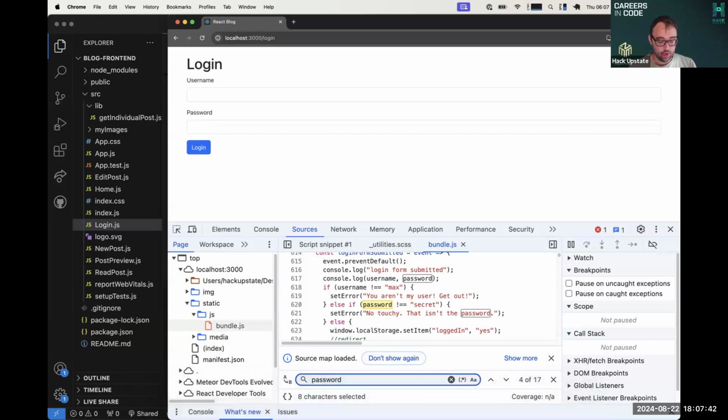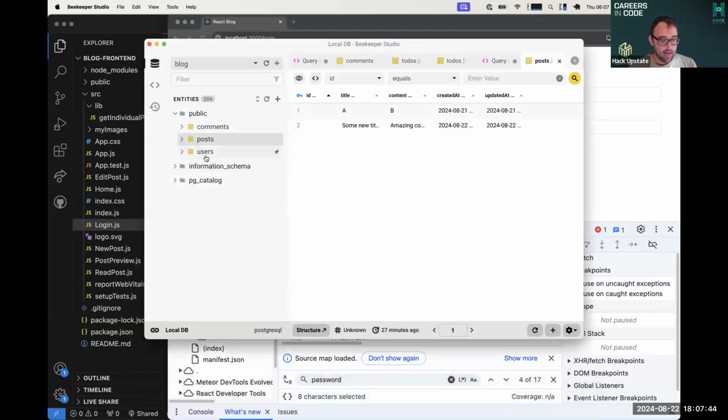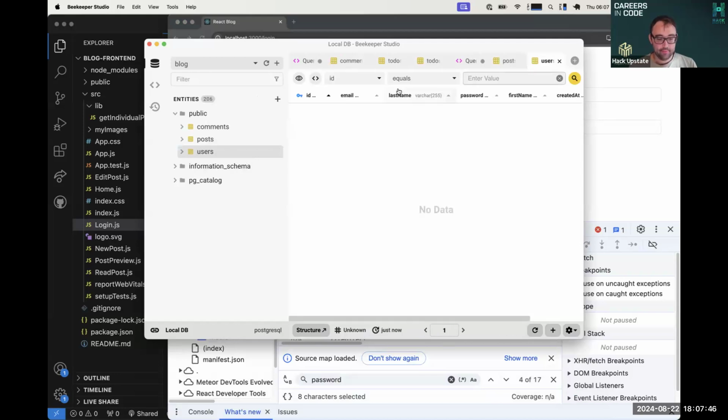We are going to go into Beekeeper, and I'm looking at my users table, and there's nothing in here. Now, I could hit the plus button and set up a user account for me, but I don't want to have to do that every single time I start up the server. What happens if I want to create multiple users? What happens when this database accidentally gets deleted? And when my server starts, I want it to just create a user by default. Well, we're getting into a concept here called database seeding,